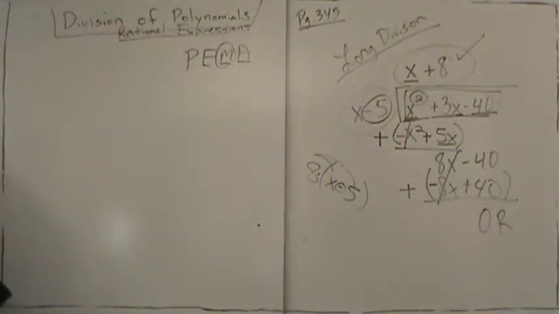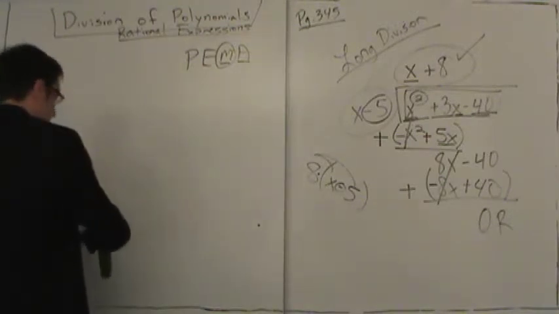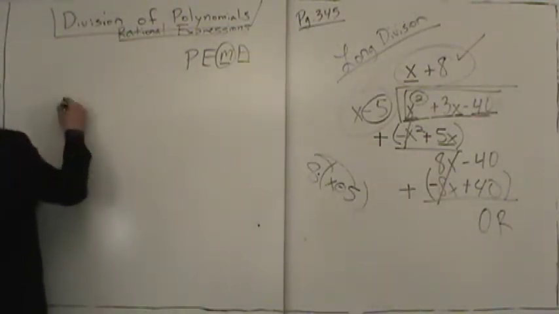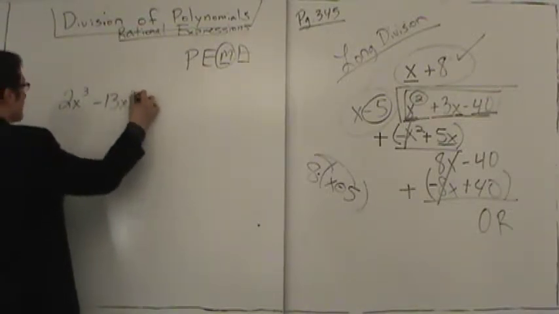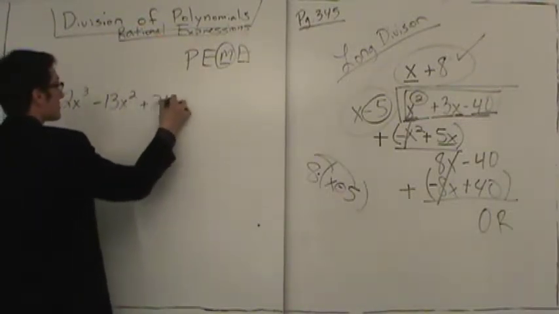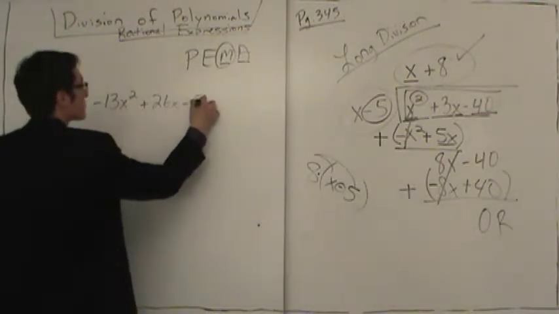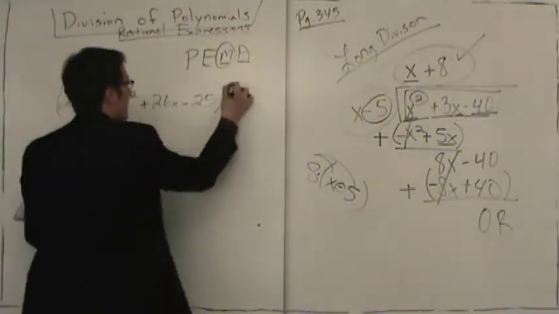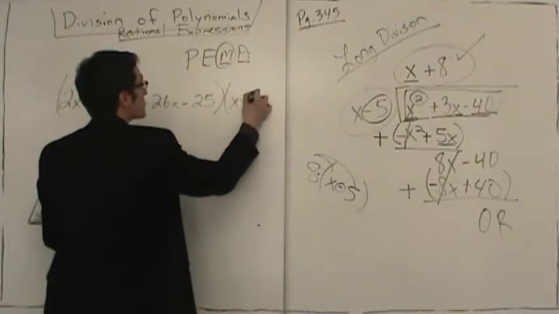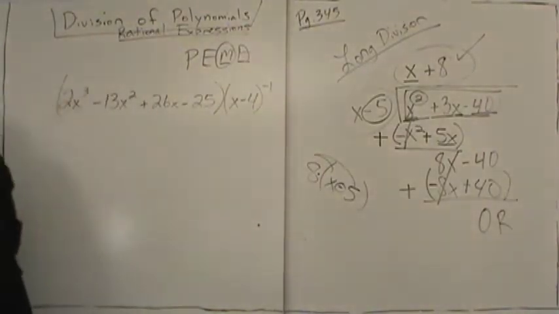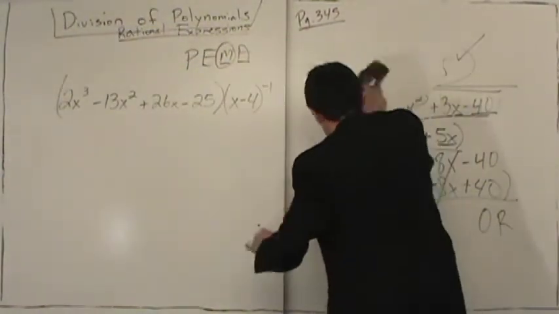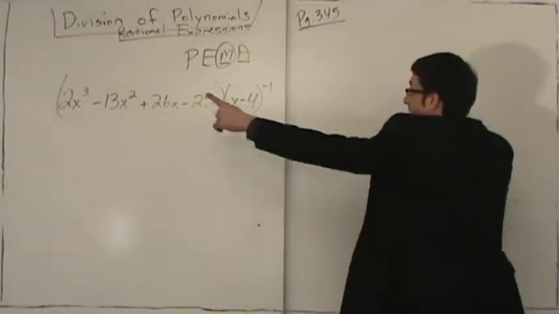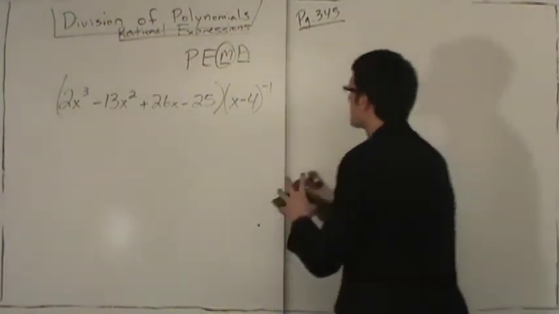We're looking at, let's see, 2x cubed minus 13x squared plus 26x minus 25 multiplied by quantity x minus 4 to the negative 1 power. Now, what are you looking at? Hopefully you look at this and say, well, that's division. What does that negative 1 exponent mean? That negative 1 exponent means that this